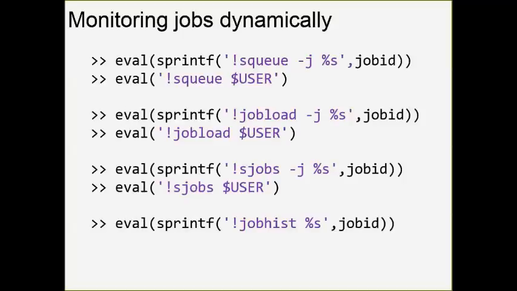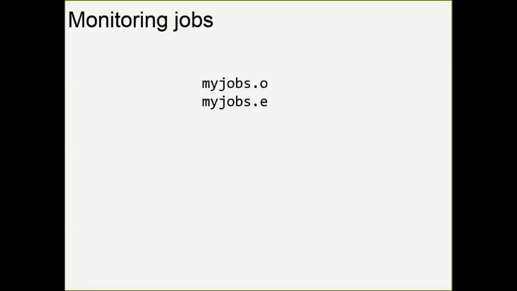Once again, it's trivial, but if you want to do this in MATLAB, I'm going to show you some code that does this automatically, and this will be the syntax. So you do eval sprintf, bang sq, and then the job ID would be the escape sequence here, or you could just use the user environmental variable, which I introduced on the very first slide when I told you to copy the code to your own directory. So that's really pretty straightforward. Based on everything I've told you so far, this should be pretty straightforward. Okay, and then